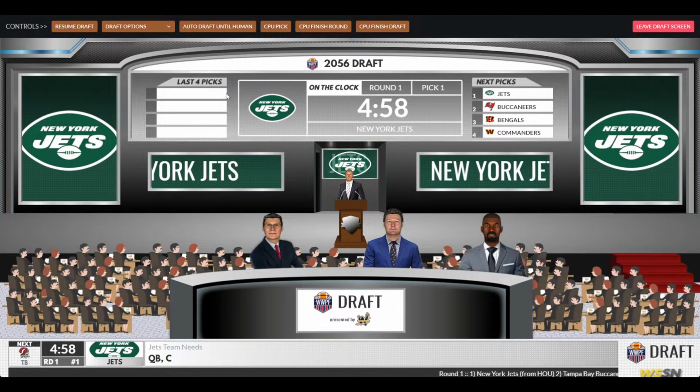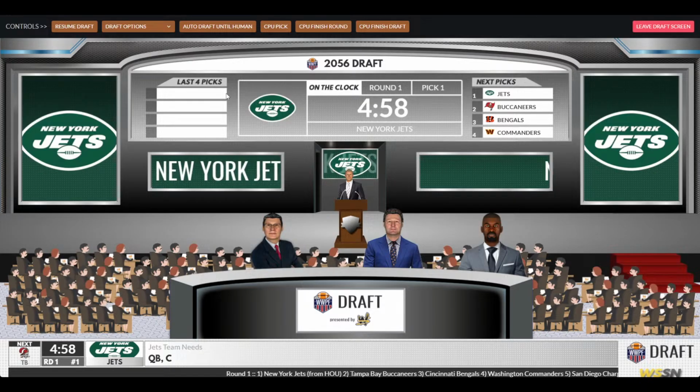Okay, welcome to the 2056 draft, everyone. Before the Jets make their selection, just quick overview. A couple firsts this year. This is the first year that the FCS will be represented in the draft. This is coming out of our GMCFL league, which is a FCS college football league. So you'll see some smaller schools for once. And then